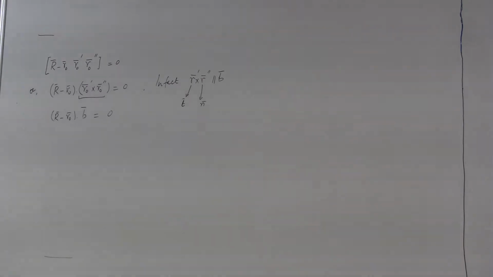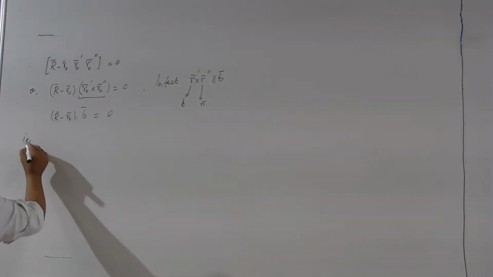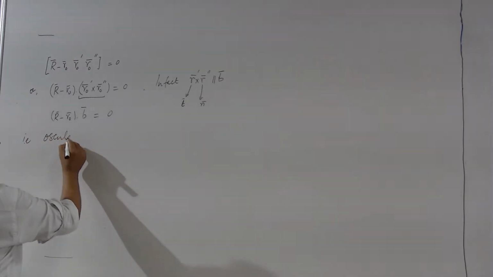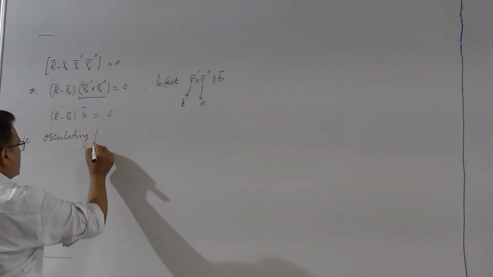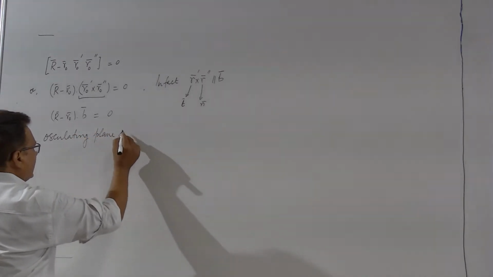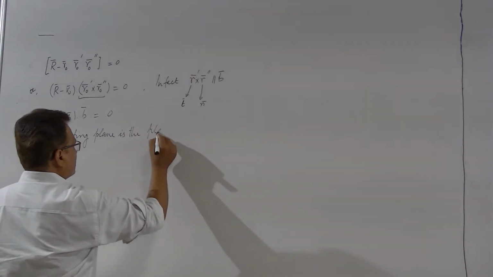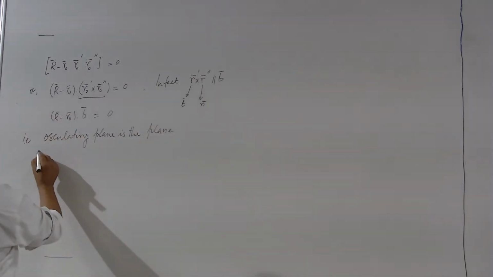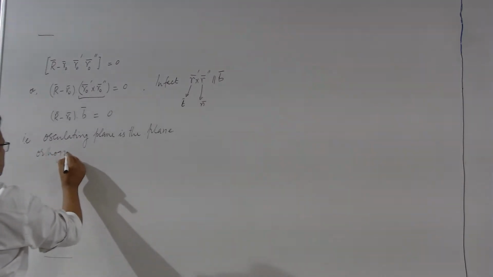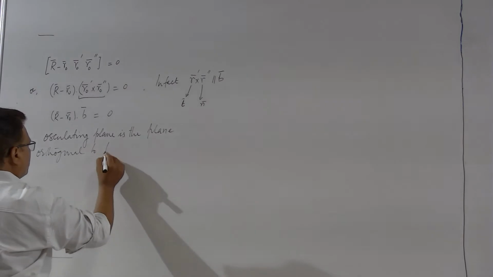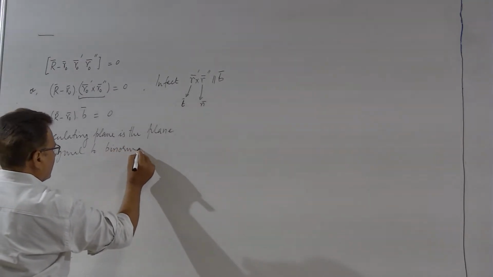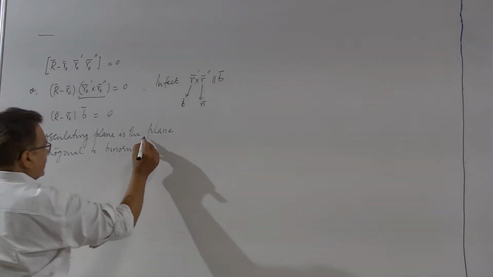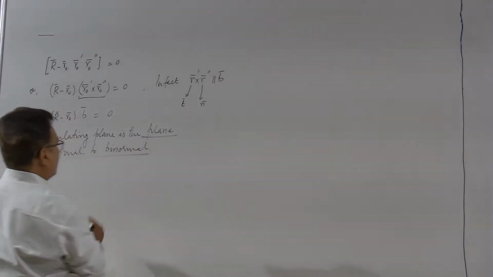If we look at the equation of the oscillating plane in this manner, we will say that the oscillating plane is one which remains orthogonal to the binormal. That is, oscillating plane is the plane orthogonal to binormal. So, this is the property that we can identify our oscillating plane with,